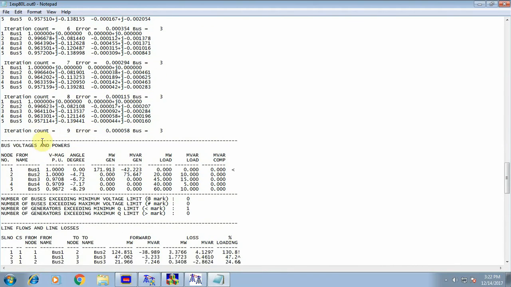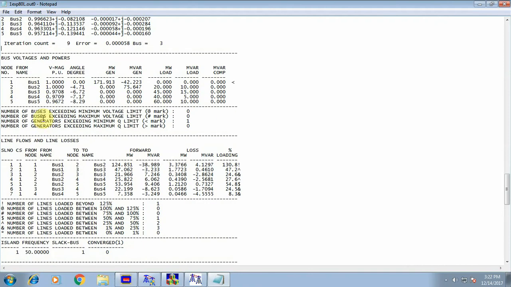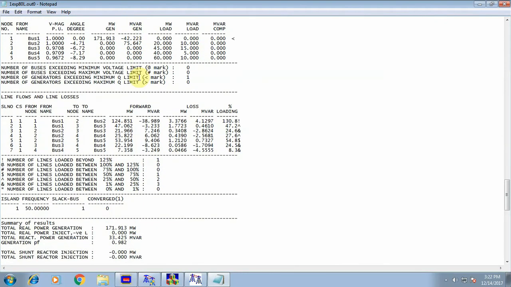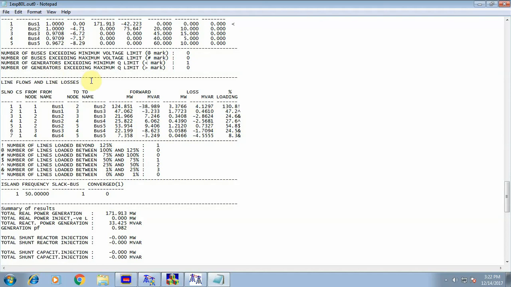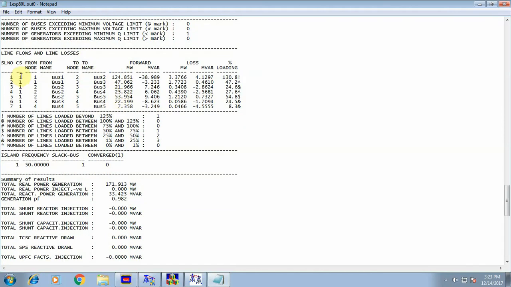So after around the 9th iteration we have reached all this tolerance value, and then it is converged and it has stopped, and after that we have all this bus voltages and power, and then line flows and line losses for the different buses here,